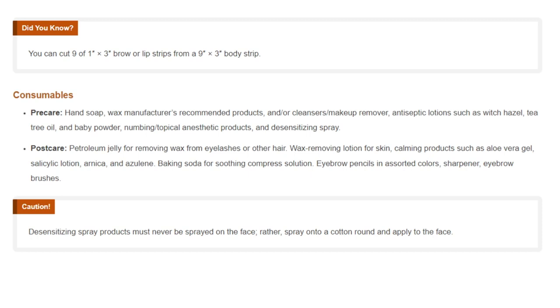Wax-removing lotion for skin, calming products such as aloe vera gel, salicylic lotion, arnica, and azulene. Baking soda for soothing compress solution. Eyebrow pencils in assorted colors, sharpener, eyebrow brushes. Caution. Desensitizing spray products must never be sprayed on the face, rather, spray onto a cotton round and apply to